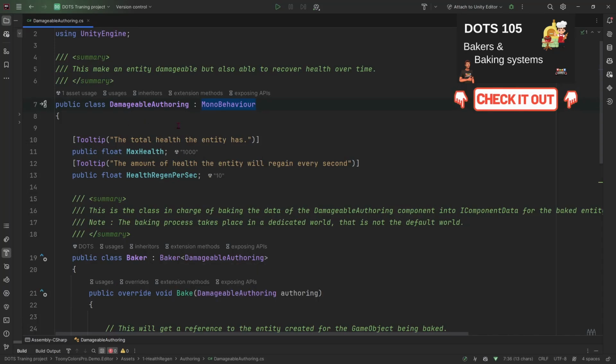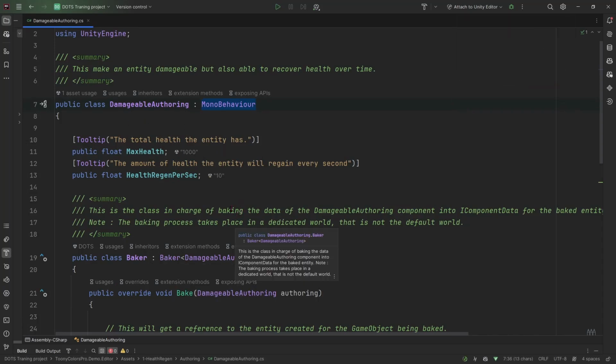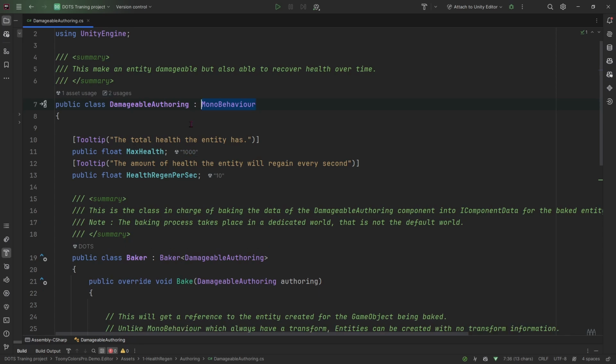But for the baking workflow, so the process of taking your game object components and converting them or porting them to the ECS world, which is called the baking workflow, I'm using those authoring components. I put them apart because they are only executed or used during the baking of the subscene.